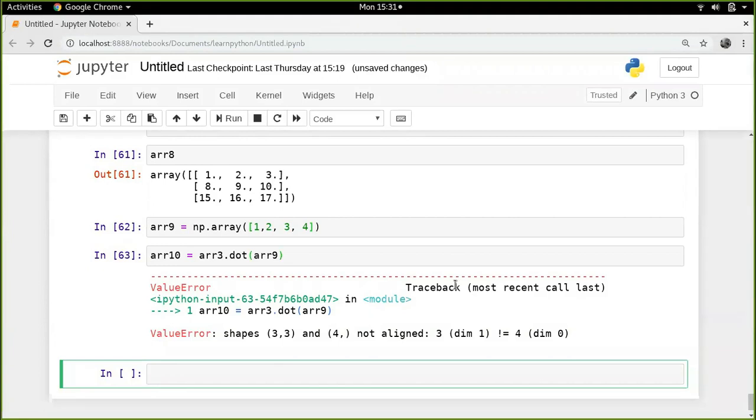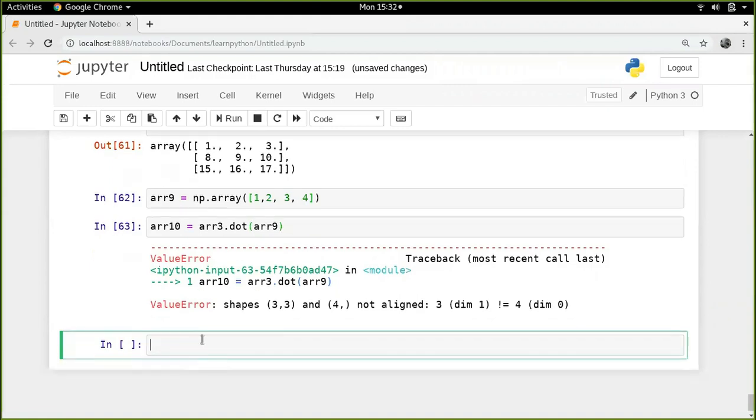Sir, can you do it for division? Division, for example. Typically when you do division, you can't really do division as such. What you do in matrix terms is multiply by the inverse of a matrix. So for example, if I say array 3 divided by array 4,